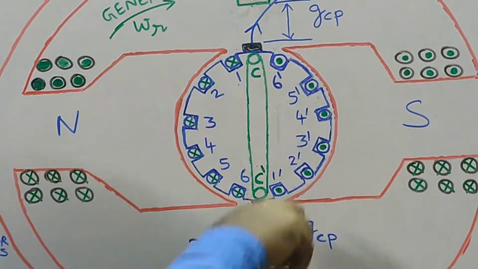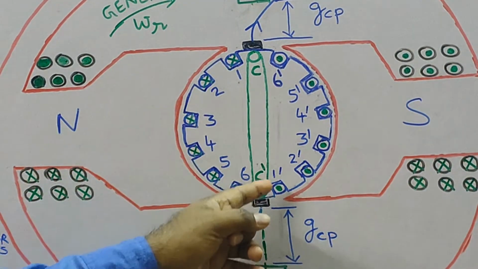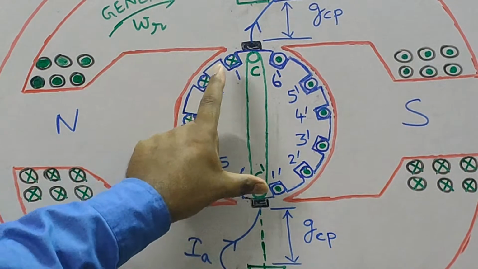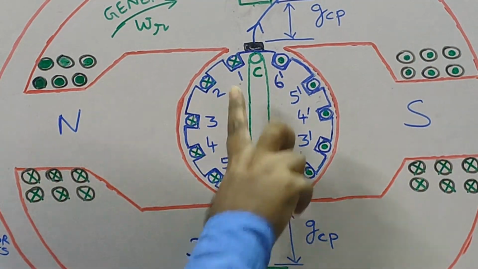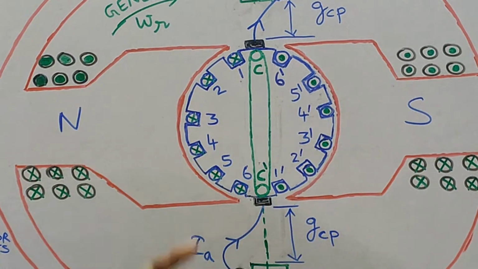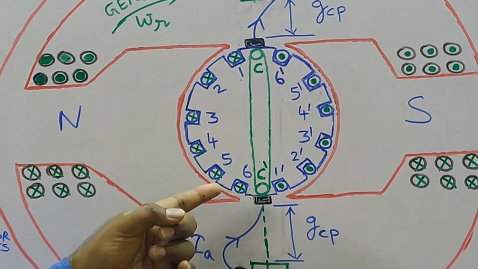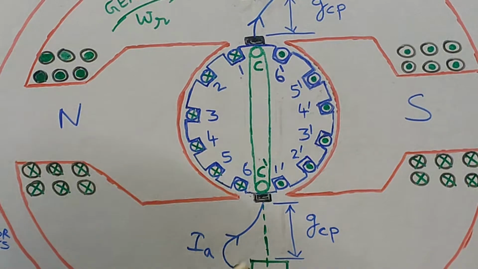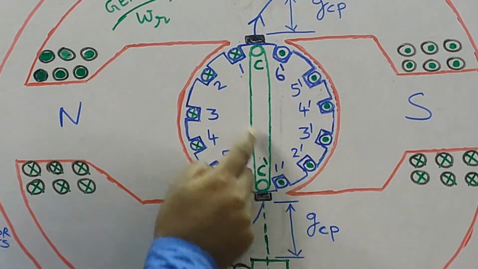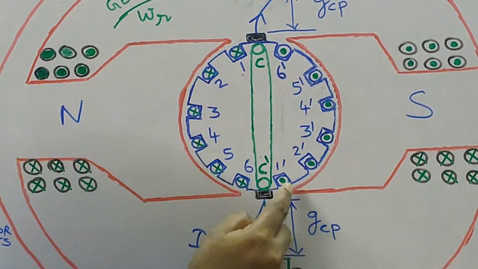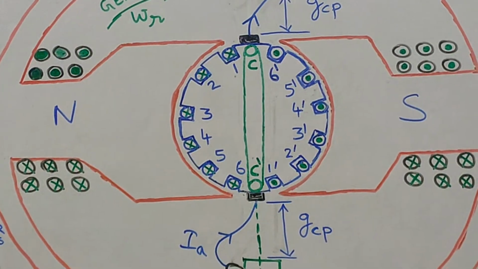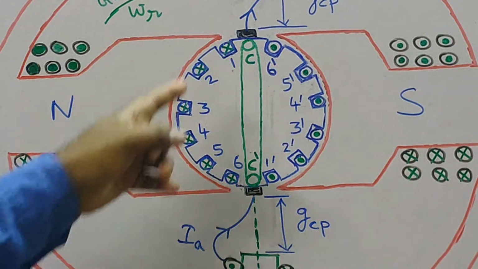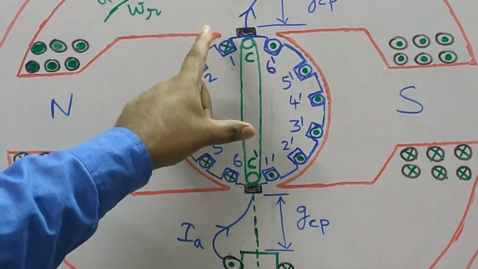So for this particular coil 11 dash, what do you see? When it moves from the position 11 dash to the position 66 dash after a few degrees of rotation, the induced EMF polarity in coil side 1 and 1 dash is getting changed from cross to dot and dot to cross. So there is a reversal of coil current carried by the coil 11 dash. When it is getting reversed,